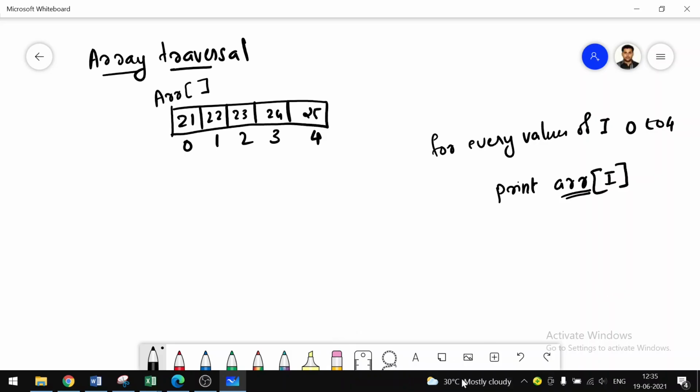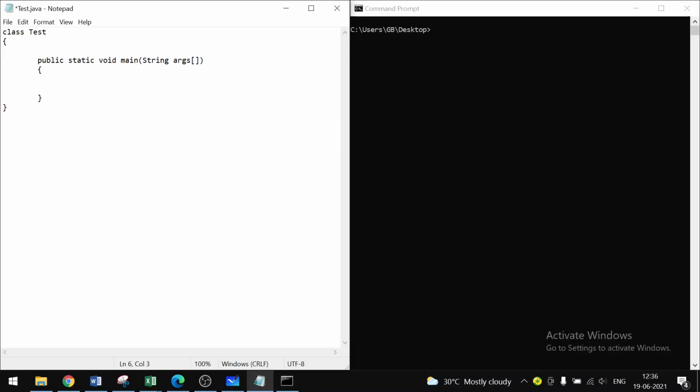Let's see a demo. In this example, I am going to create an integer array which can store 5 numbers. So using this technique, you can directly assign the values to this array ARR. You don't have to explicitly give the size of the array since you are directly giving the values. The array will be able to assume the size or the capacity from the given values as input.